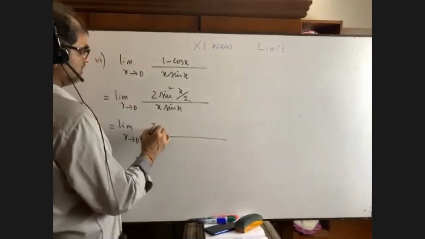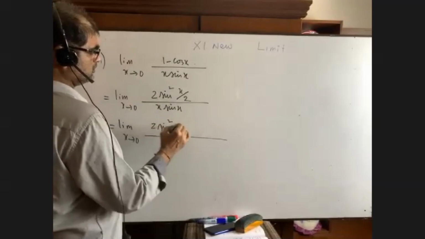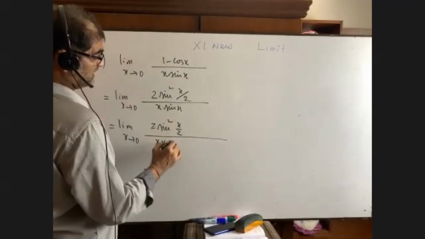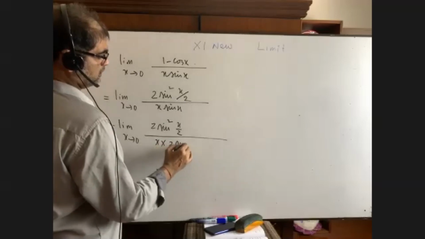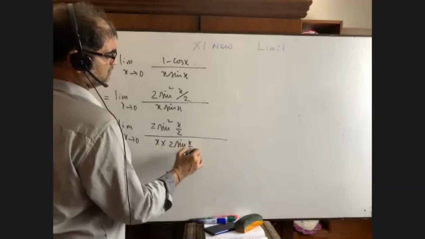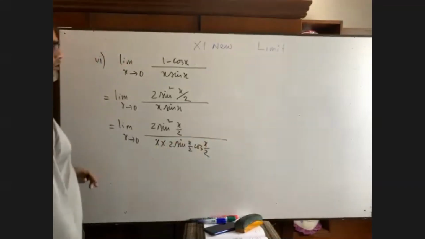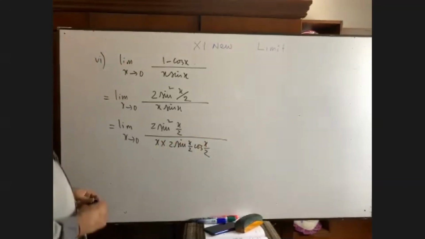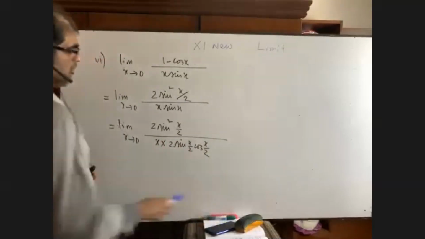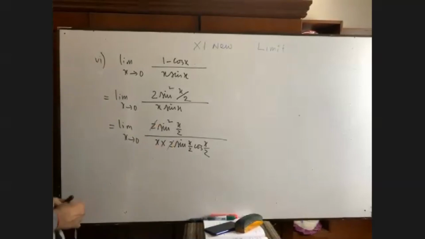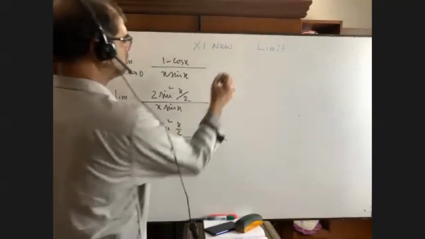It is 2 sine square x by 2, by x into sine 2 theta formula, 2 sine theta by 2. Can you remember please, my dear student? Yes, sir. What comes next? This 2 will be omitted. So our math is done. But this can be done in the hardest way. I'm not going to do that.